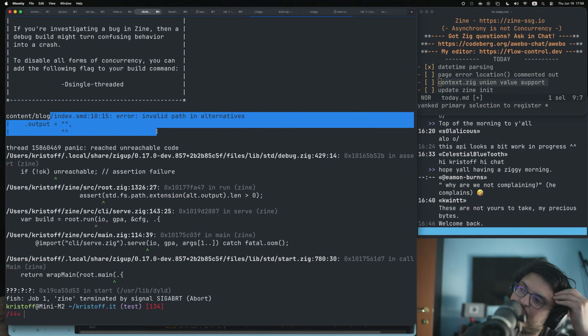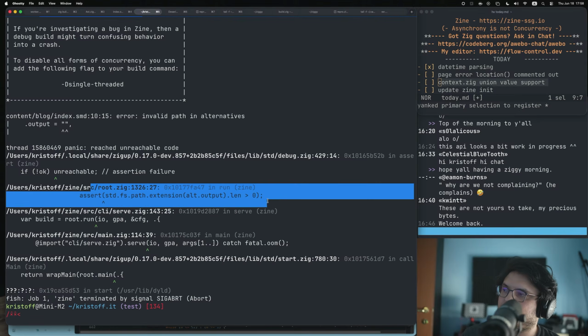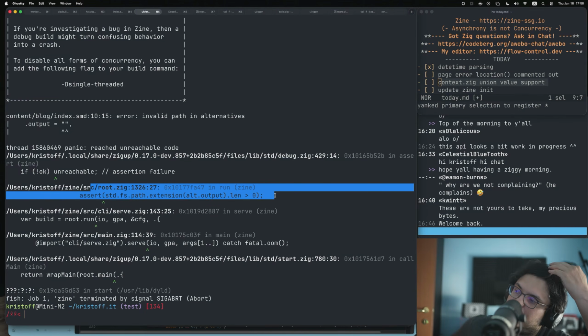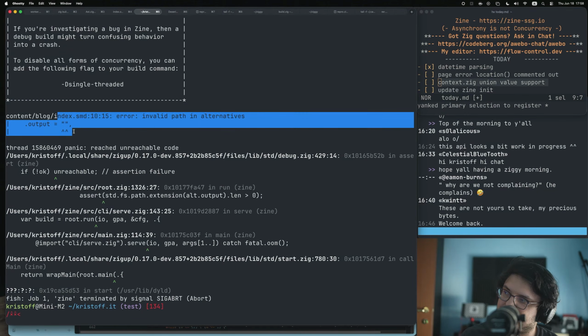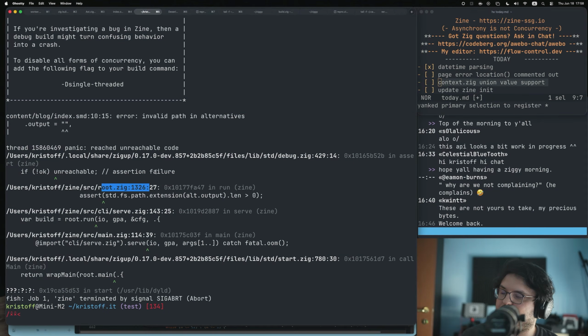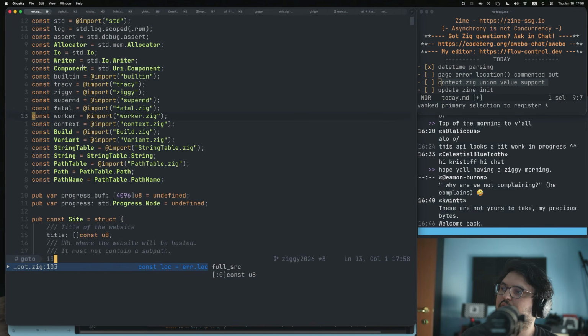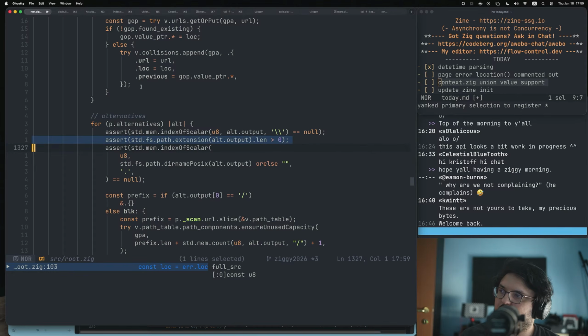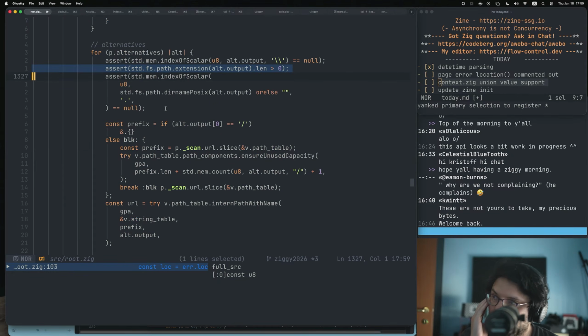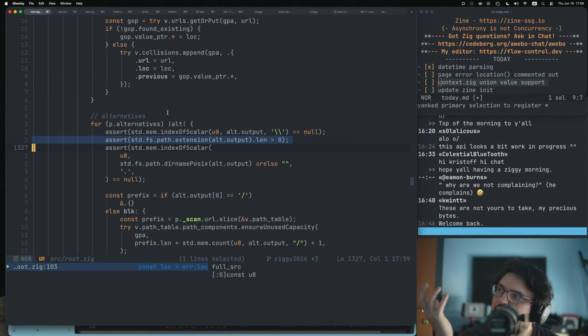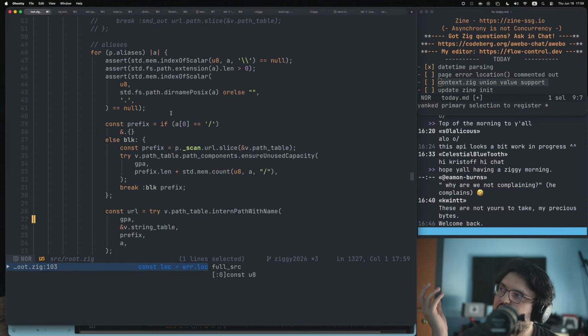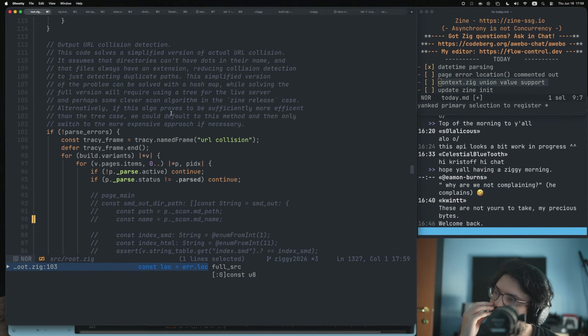Okay, so we reported the error, but interestingly, we crash afterwards because we hit an assertion. That's bad. I mean, that's good that we're hitting the assertion, but we should realize that this is a blocking problem. Where are we getting to 1326? Alternatives. Like, are we not just done reporting errors or something? If not parse errors,